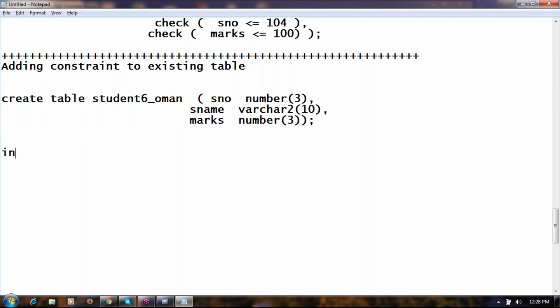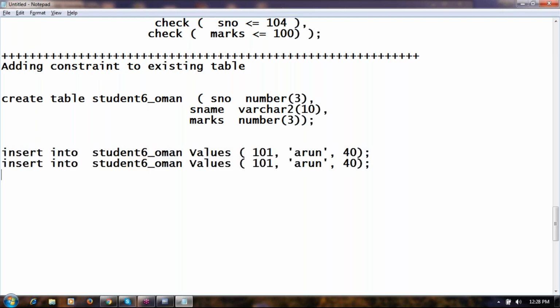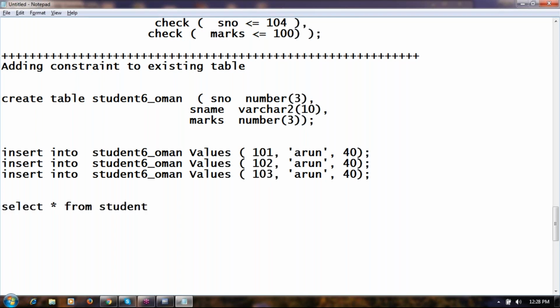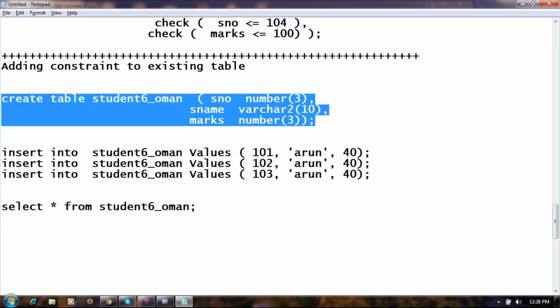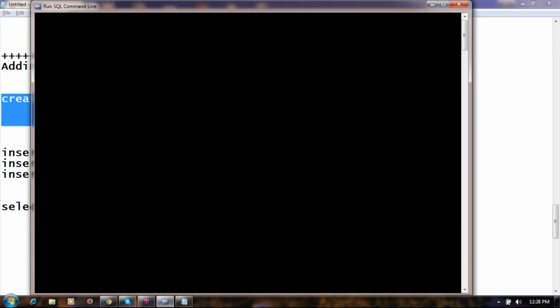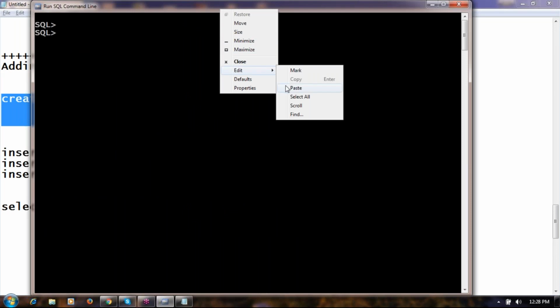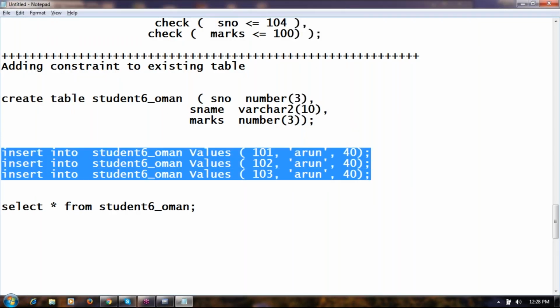Table without constraint. Table created. 3 rows are inserted.